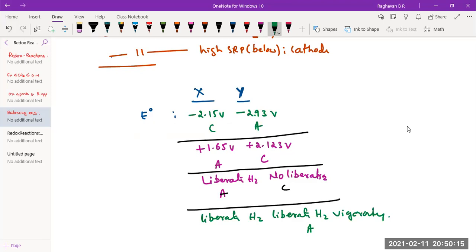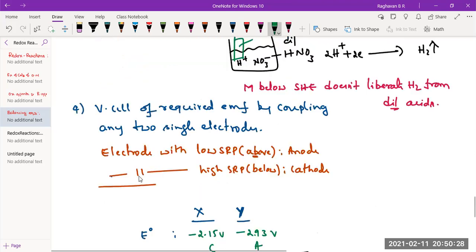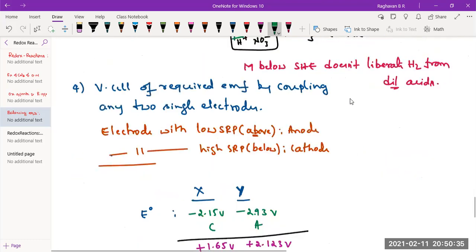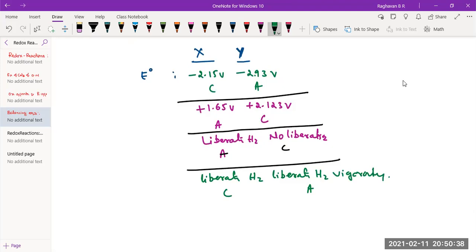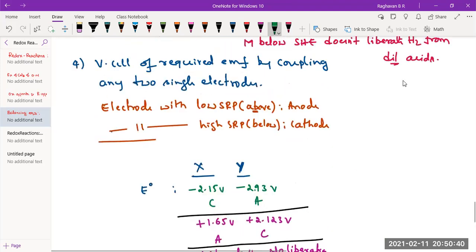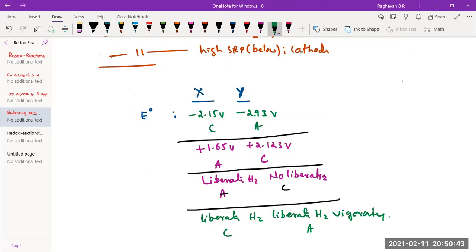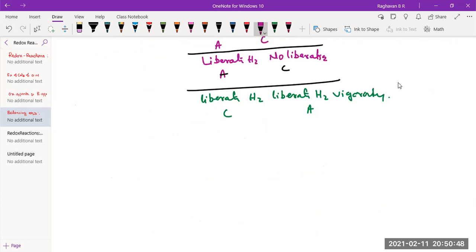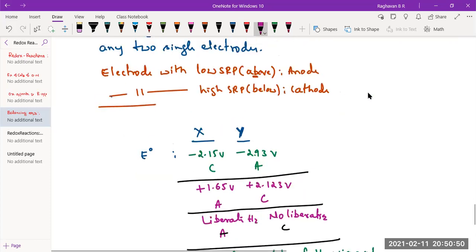Low SRP is anode. So data can be given differently to decide anode and cathode, and thereby calculation of E cell, all those things. Especially in electrochemistry, it is very useful. Also, from the knowledge of SRP values of different single electrodes, you can find out which metal ion will be preferentially oxidized or reduced in a mixture of ions. That is also products of electrolysis you have studied in electrochemistry, at least the students in our batch. So this is the fifth one.